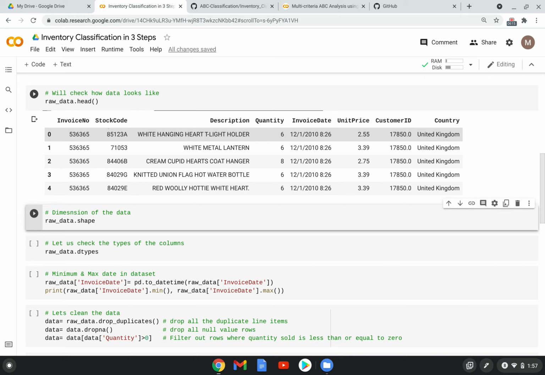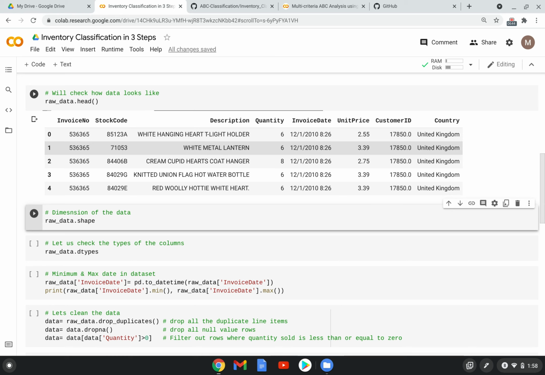So let's say in this invoice number for this particular item code, customer ID 17850 has purchased six quantity and so on, right? And the country is United Kingdom. So we have invoice number, SKU code, description of the SKU, transaction quantity, invoice date, unit price, customer ID and also country.